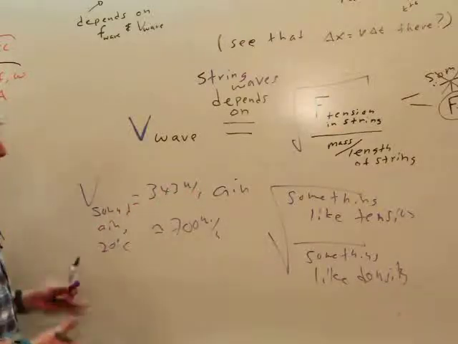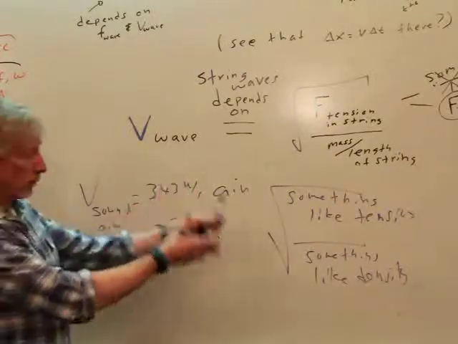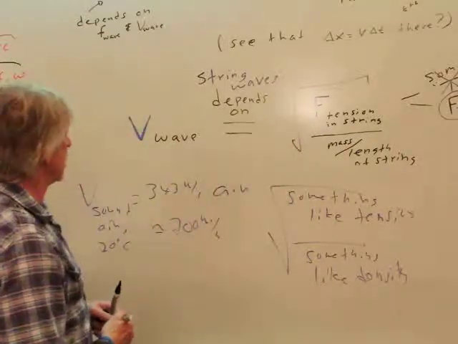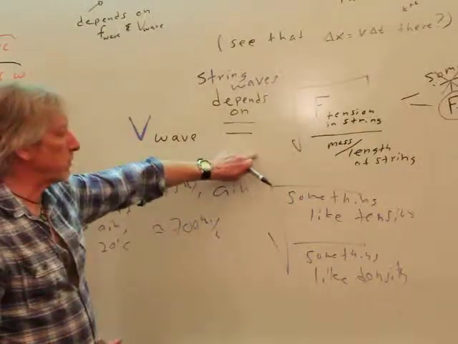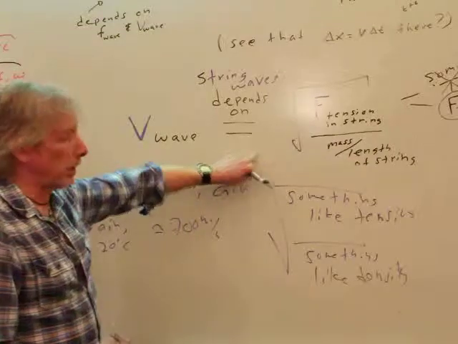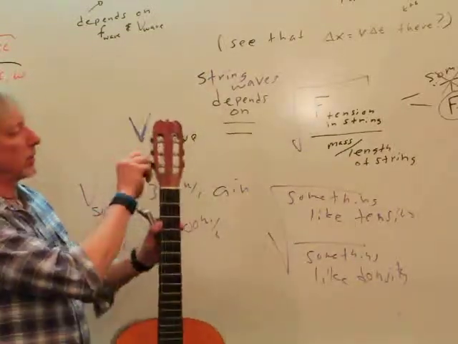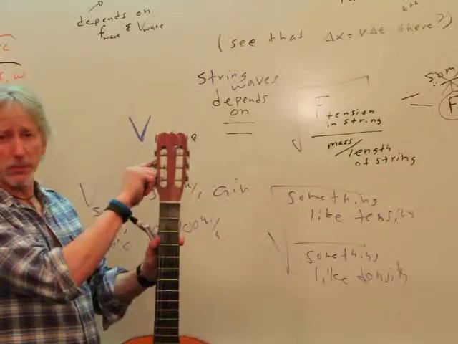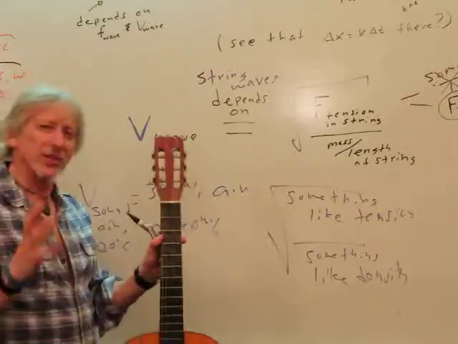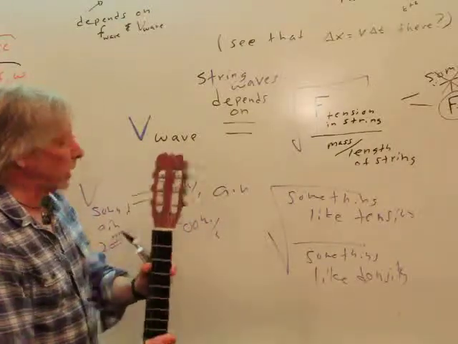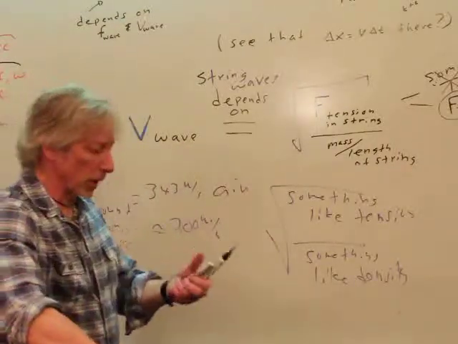Where does it come from? Well, it depends on things like temperature, pressure, water content, density, and things like that. Okay, cool. So this should make some intuitive sense. You've got different strings on a guitar having different density. You've got the tension being adjusted here. But they go back and forth and something interesting happens. We're getting there. We're going to get to that too. And I think, oh, one more thing.